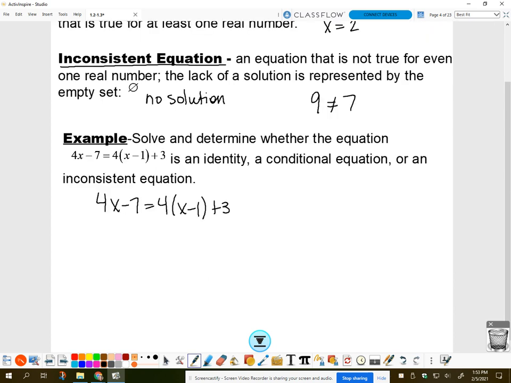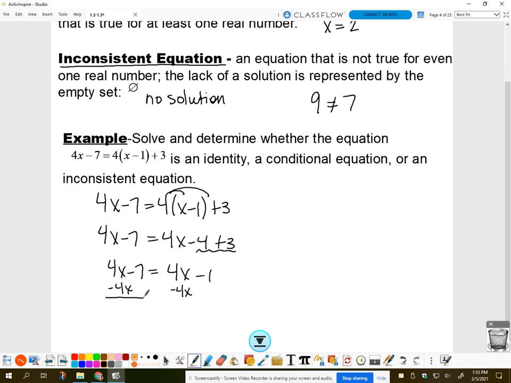Alright, so if I solve, we are going to distribute the 4, combine like terms, so on the left we don't have any. On the right, we can put the numbers together. At this point, if you recognize that your variables match but your numbers don't, you can stop and say no solution. The next step, though, is subtract 4x on both sides, and then you realize, oh man, there's no more